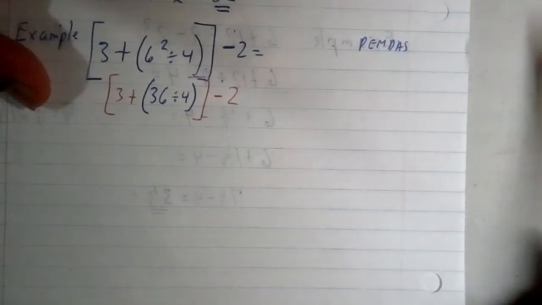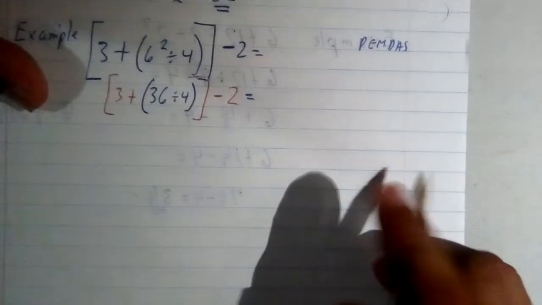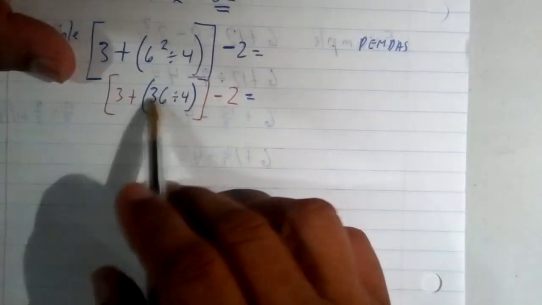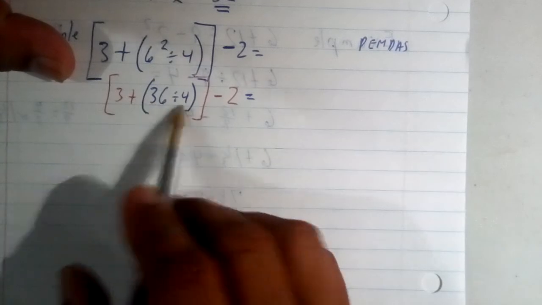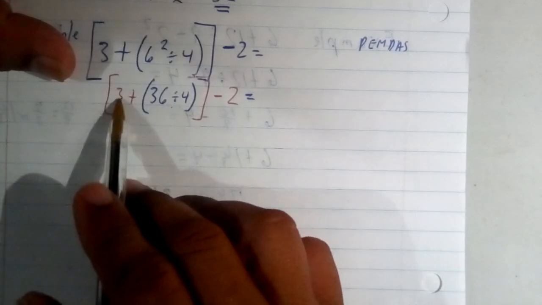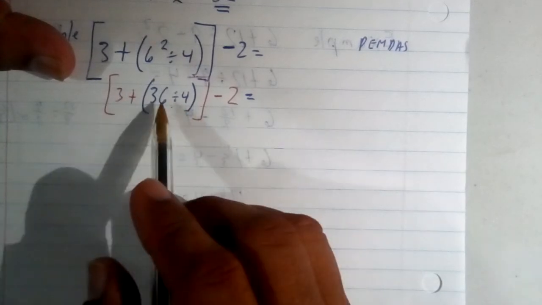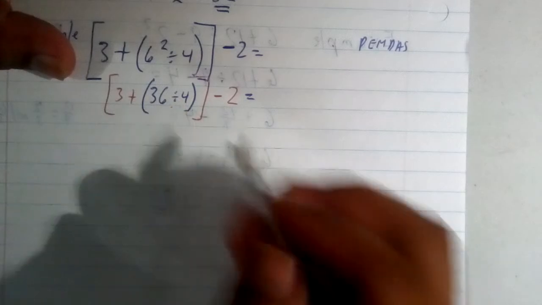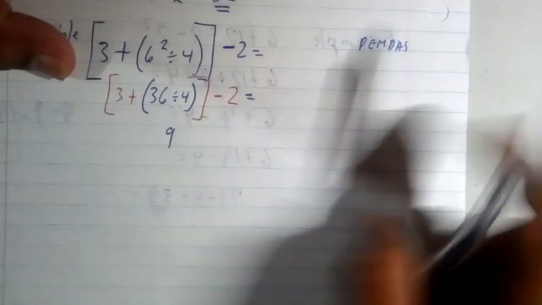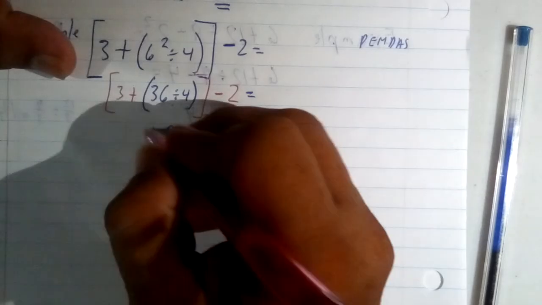Only whatever is in blue. Okay? Because it says parentheses and then parentheses inside. So now this parenthesis needs to be worked with before the outside parentheses. So now we say 36 divided by 4, that gives us 9. So now we have plus 3